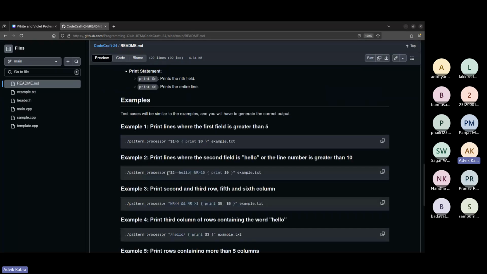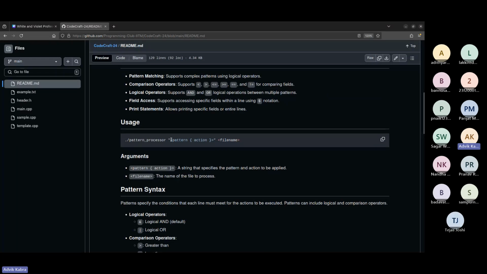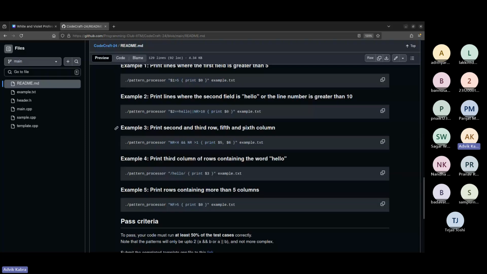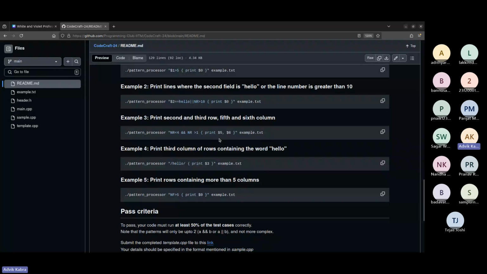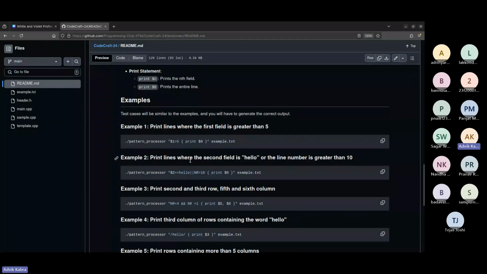The essential usage of this is you have some pattern, which is some sort of condition, and you can do some action. The only action we want you to support is print. For example, you want to print the lines where the first field is greater than 5, right? So you run the pattern processor, $1 is greater than 5, then print $0. $0 means it should print all the columns. Or $2 equal to hello, like that. If you want the second column, second field, to be equal to hello,